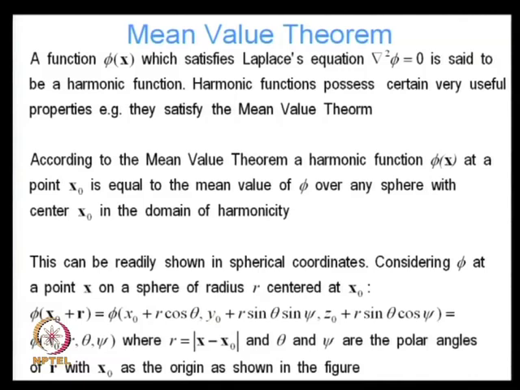What is the mean value theorem? It tells me that if I have a harmonic function, then I can find the value of that harmonic function at any point x0 if I integrate that harmonic function over a sphere of any arbitrary radius,